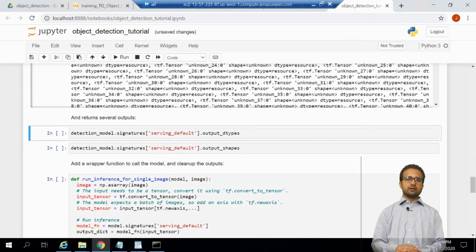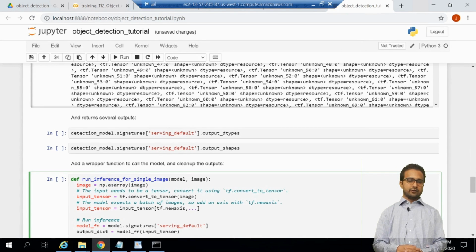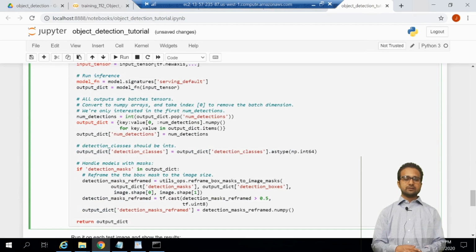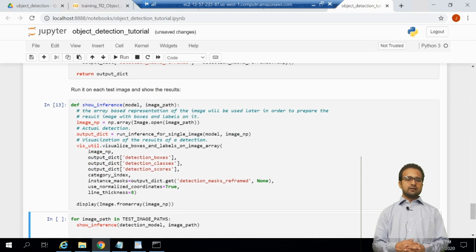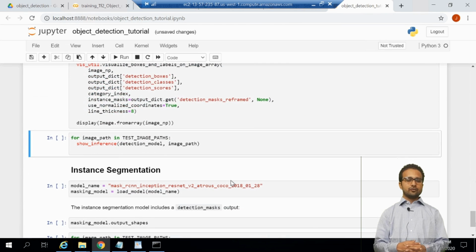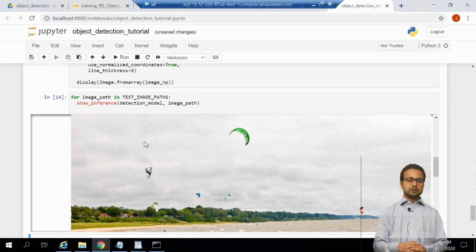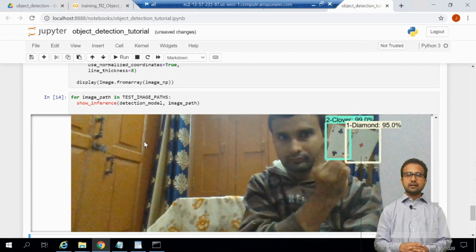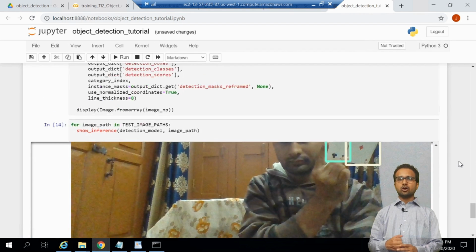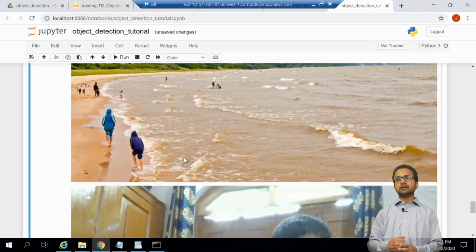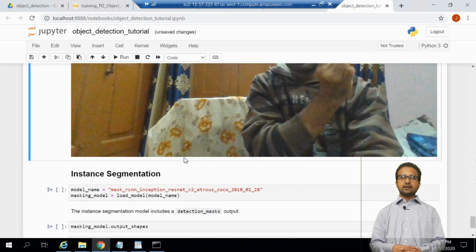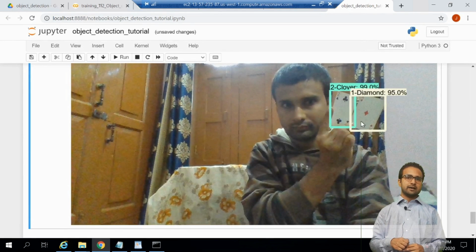Now you can run the additional cells and you will find this run inference for a single image function. Run this code. As a final, you will have one shell where you are running this model on the given images. So you can just run this cell. As an output, you will see that the objects you wanted to detect are now getting detected within the image. Here you can see that I am taking up 2 cards on my hand and this object detector is detecting